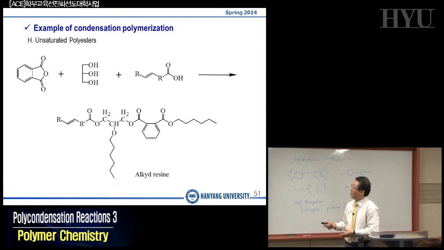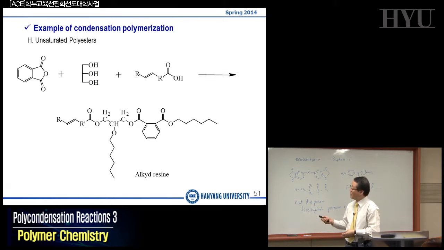We can make unsaturated ester. We can make unsaturated ester, including glycerol with the phthalic anhydride. And if you react, this is bifunctional, as I said. We have a trifunctional glycerol. If you add a third monomer